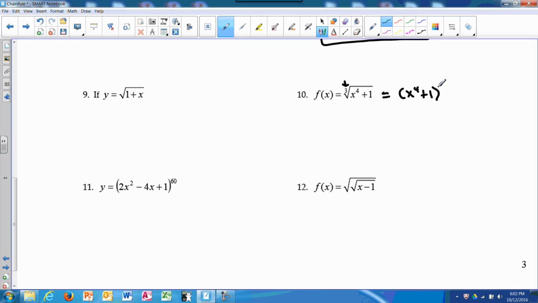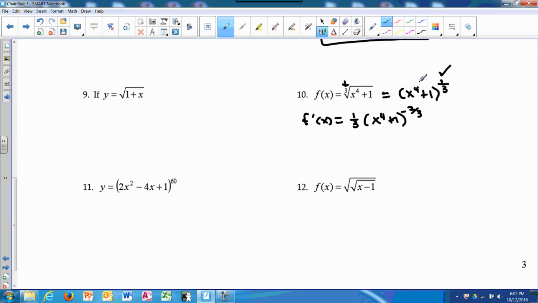Okay, so let's look at number 10. I'm going to rewrite my function. It's the quantity x to the 4th plus 1 is the inside of the composition. The outside of the composition is the cube root, which is the 1/3 power. So my derivative